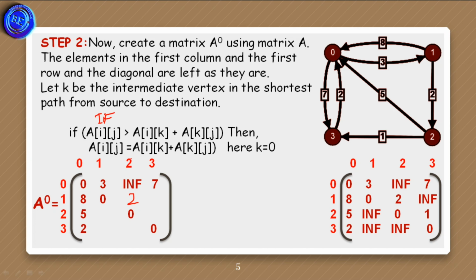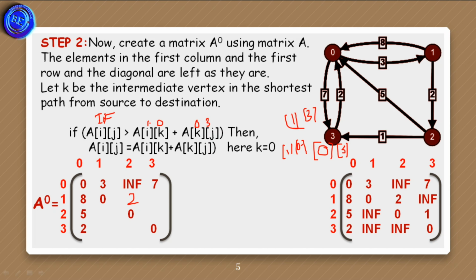Okay, and the cost of 1 to 0, so here I am representing 1 to 0 and 0 to 3. So here there is a simple trick. When we are taking 1 to 3, it was divided into two halves, that is 1 to 0 and 0 to 3. This property is known as the transitive closure property, which is the basic property of the Floyd-Warshall algorithm. So the property involved in the Floyd-Warshall algorithm is the transitive closure property.